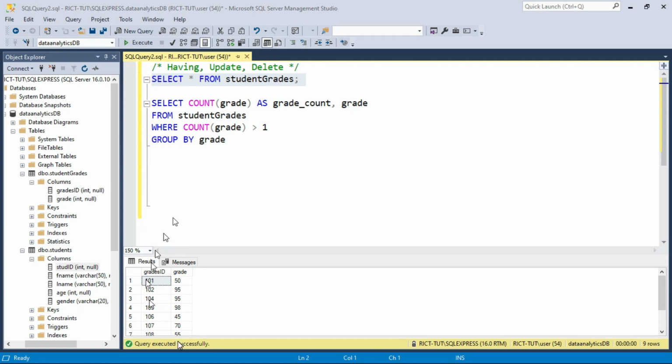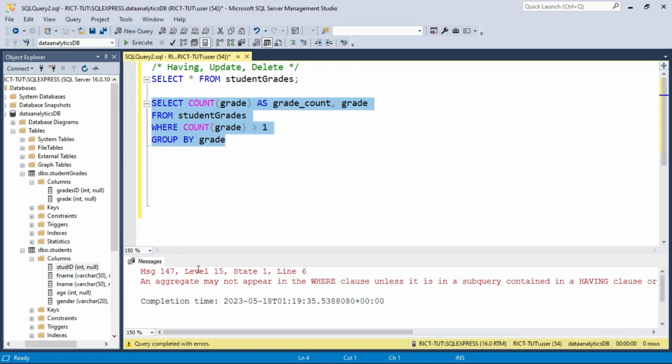So in this tutorial, we want to find or count the number of grades that appeared more than once. And before that, I will use the where clause to try to do that. Okay, so we get this error, meaning that we cannot use where clause with count. Right, so the correct thing to use is to use